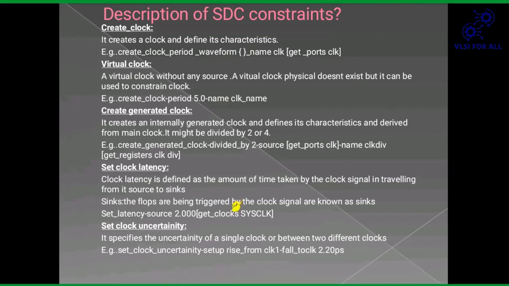So first one is create clock. Why do we use a create clock constraint? A constraint is nothing but a command. For any programming language, C, Java, C++, or Linux, Unix, we use commands to go to the next step or to a workspace. In the same way, here in synthesis, CDC, STA, whatever the mechanism,